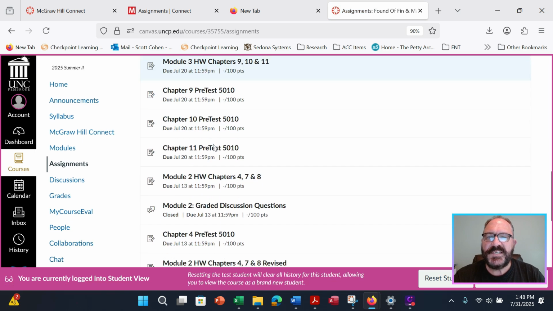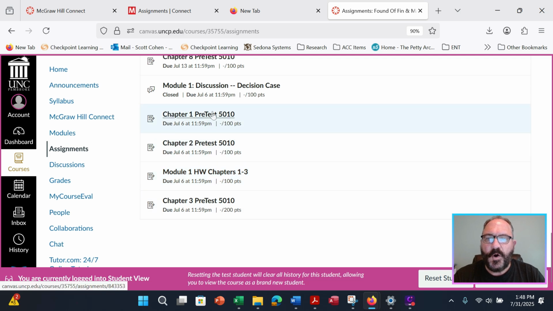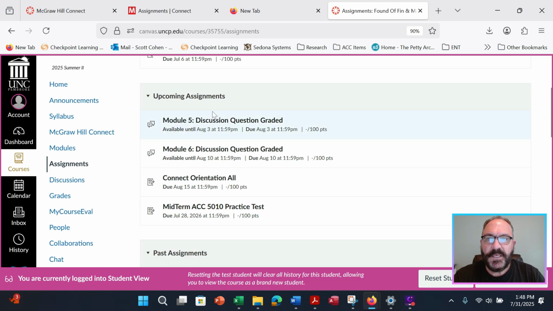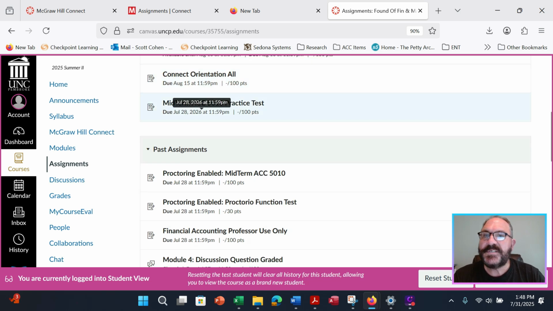So you all probably see it like this, and you're looking at all these things, and all of this stuff is from the managerial accounting. So you're looking at it and going, well, there's no new assignments for financial accounting, no new assignments for managerial. Not true. Now, I tried to tell y'all. Let me leave student view.